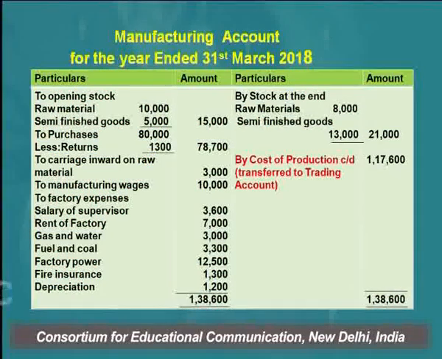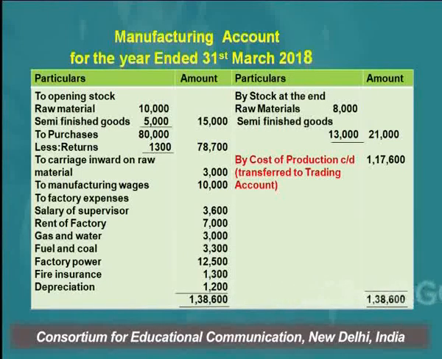So when we are preparing both the accounts, since we are assuming that we are in a manufacturing concern, how do we prepare the first account, which is the manufacturing account? We know this account represents the cost of production or cost of goods sold. The items appearing on the debit side of this account are the opening stock of raw material and opening stock of semi-finished goods. Opening stock of finished goods will not be shown here. This will be shown in the trading account only.